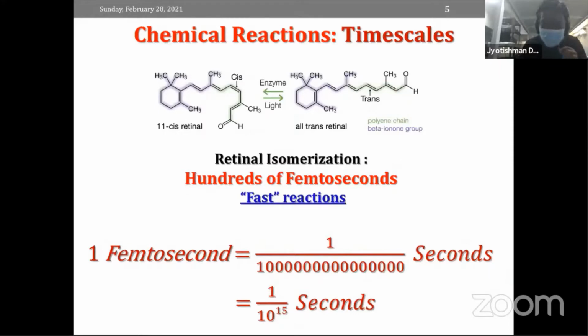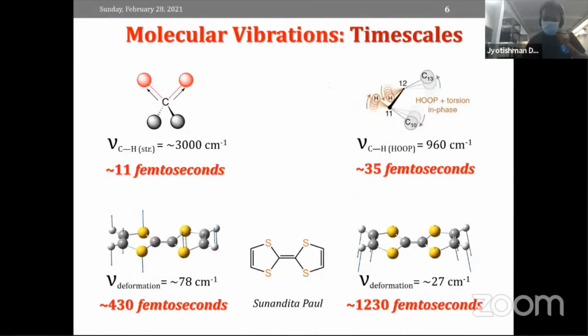Okay. So let us think, what is the origin of this fast reaction? Why are these reactions so fast? Here you can see examples of a few molecules, where you can see the movement or the vibration. These are atoms connected to each other, and the movement we call a vibration of those bonds. These vibrations happen within hundreds of femtosecond to picosecond timescales, and these are the key, initial step of those reactions.